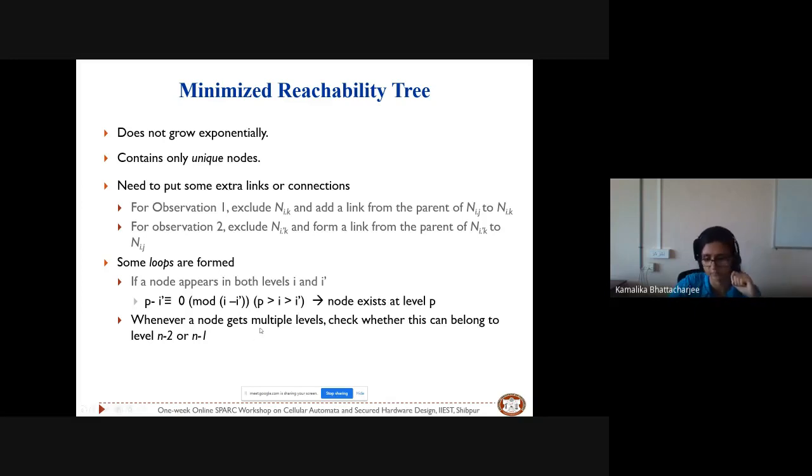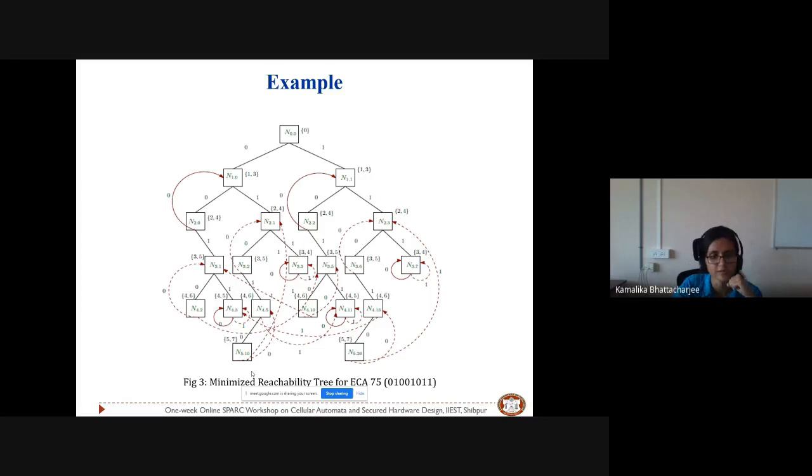So this is one advantage that you can get if we just observe the loop and apply this condition. Here, by checking this value of p as n minus 2 or n minus 1 or, say, n minus m minus 1 for any arbitrary m, we can check whether the CA is violating the reversibility condition for the special levels. This is going to be useful for our case. So how do we develop the reachability tree?